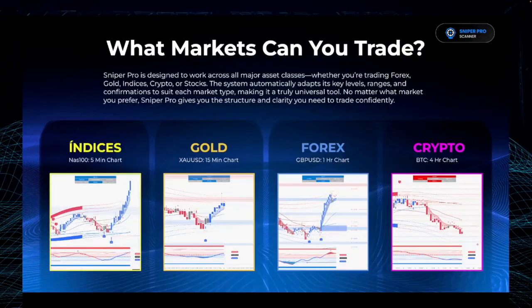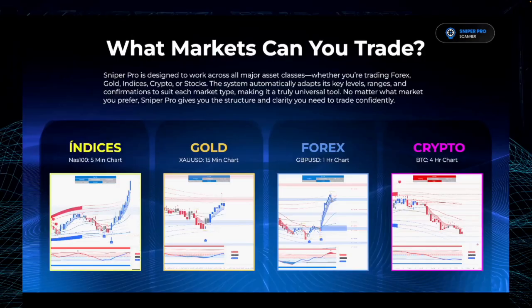Now, what markets can you trade in? So Sniper Pro is designed to work in all major markets across the different asset classes. So whether you're trading Forex, gold, indices, cryptos, or stocks, the system will automatically adapt its key levels, its ranges, and its confirmations to suit each market type, making it a truly universal tool. So no matter what market you prefer, Sniper Pro will give you the structure and clarity that you need to